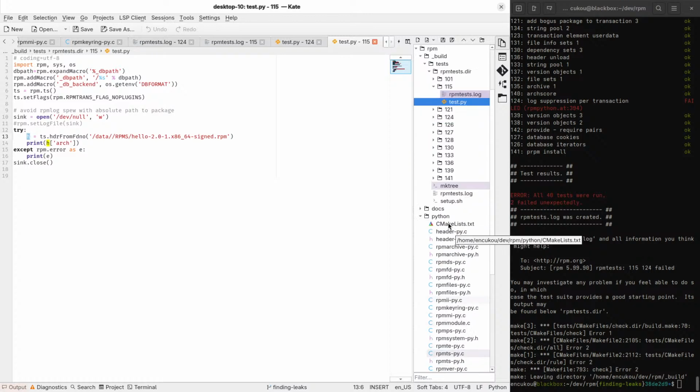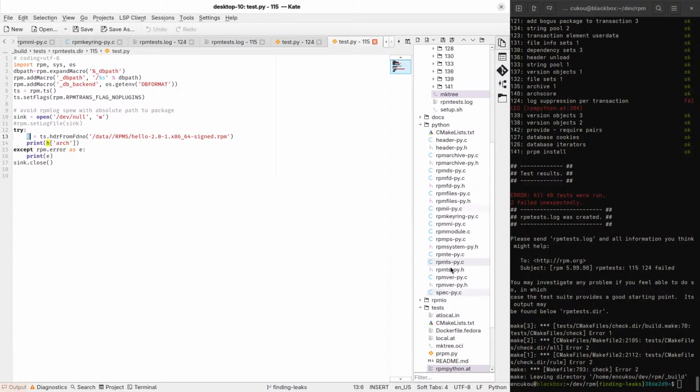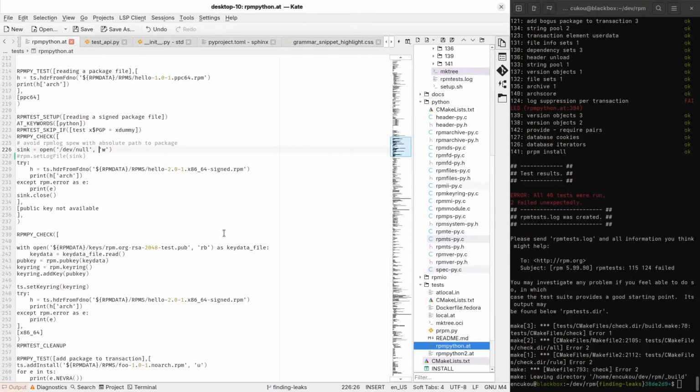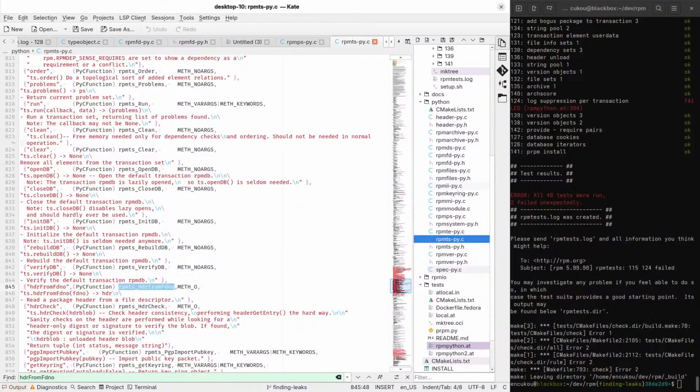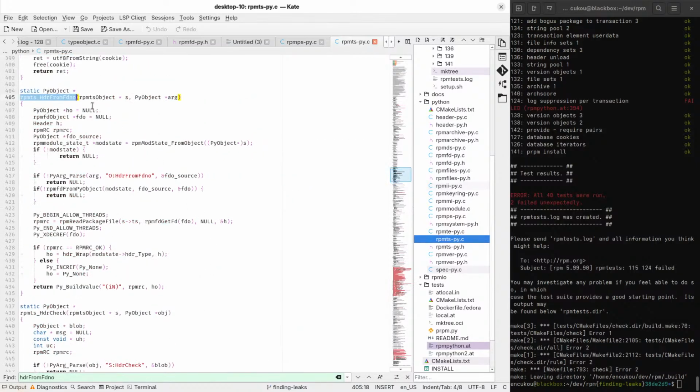Okay. So let's see. rpmtsHeaderFromFDNO. We looked at this before. I guess that's this header that's being leaked.